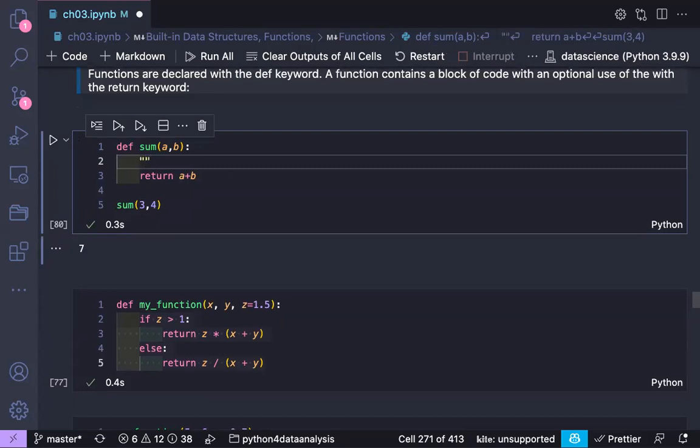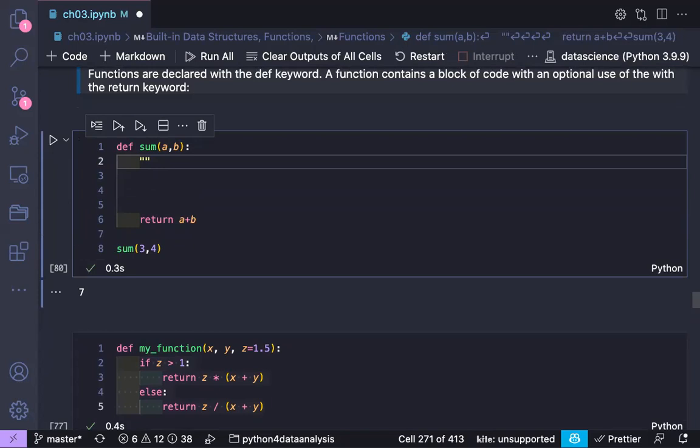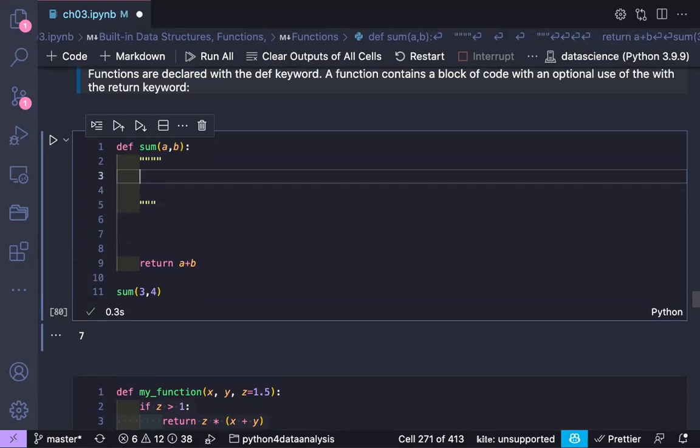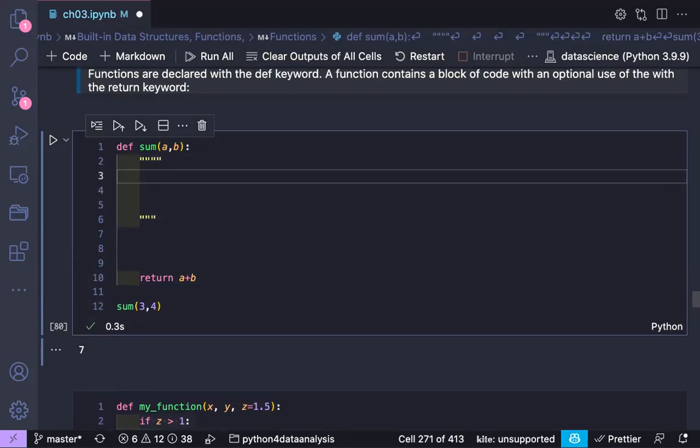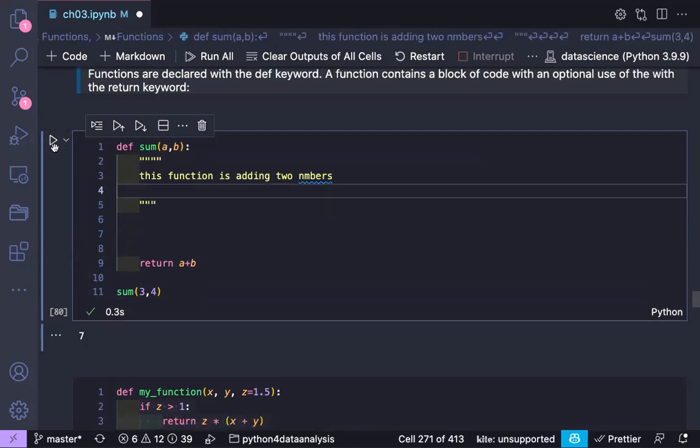Let me show you this. When I create a function here, I can have this. The docstring allows you to explain what the function is doing. Yes, of course, we will see this a lot. So I need to explain this. Here I can say, okay, this function is adding 2 numbers, right? So this is the docstring. It uses triple quotes. Can you see that? So now when I run this,